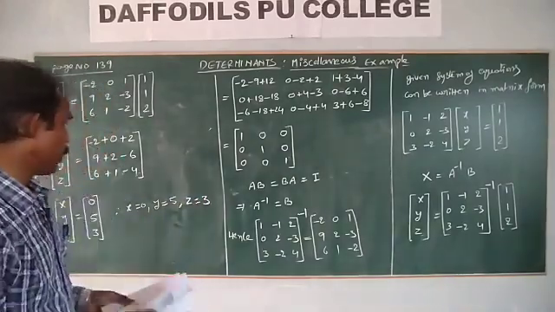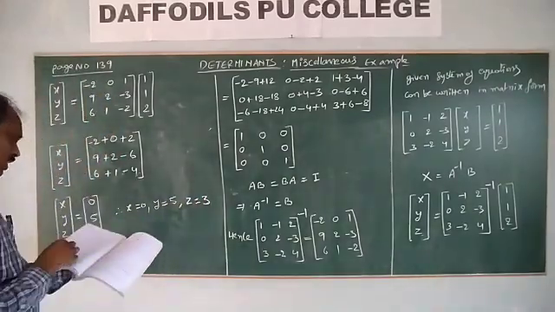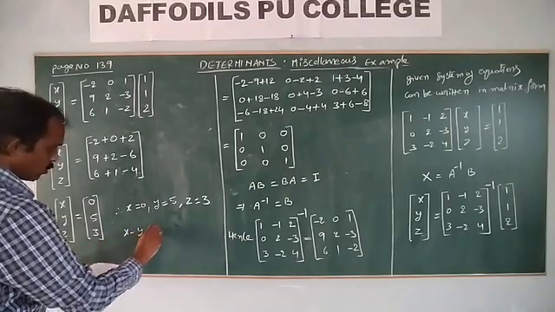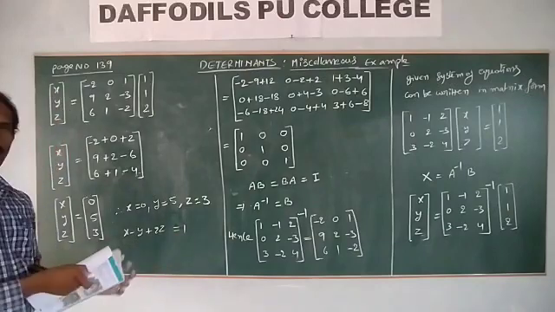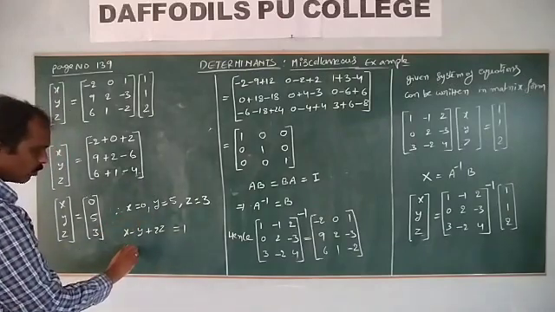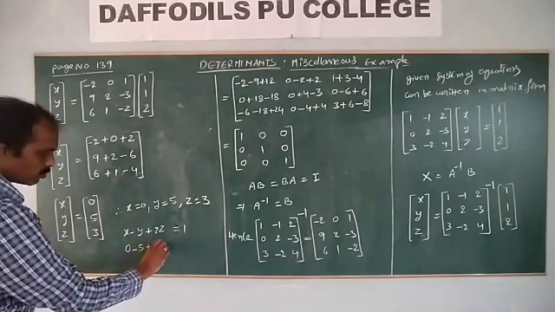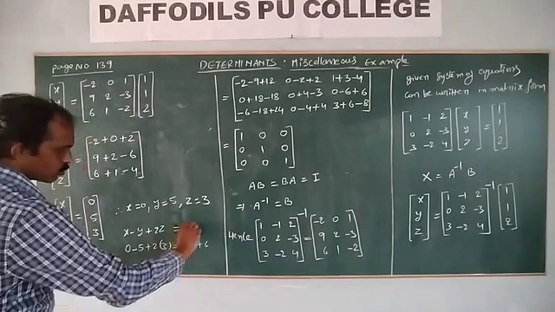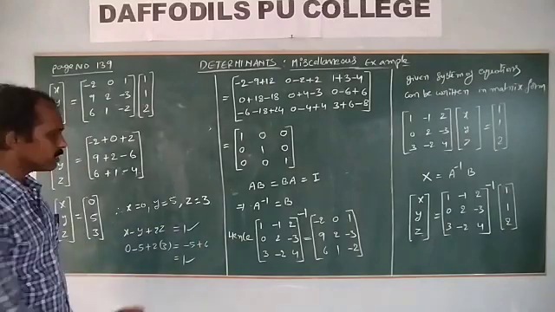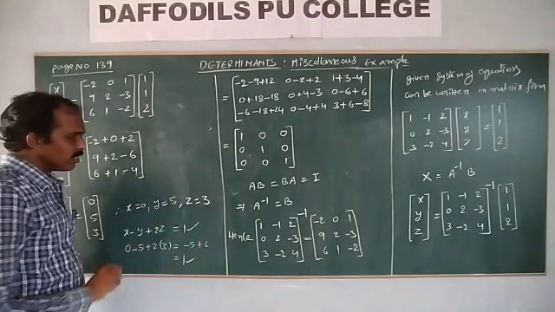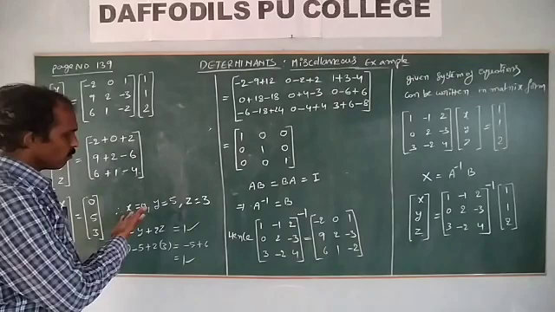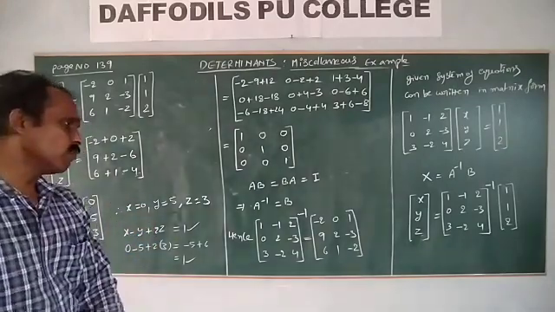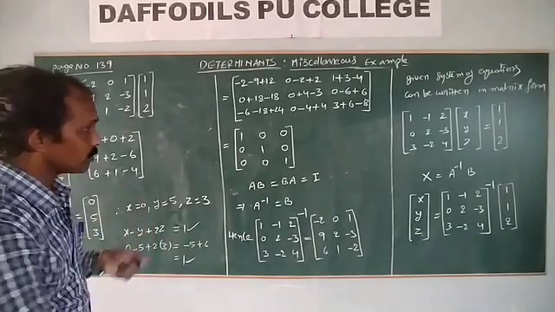In the given equation, substitute these values and check whether they satisfy or not. Once you check, take the equation with 2z equal to 1: 0 minus 5 plus 2 into 3. This is equal to minus 5 plus 6, 1. So this RHS value is the same, so it satisfies the given equation. Substitute these values, they are equal. Therefore our answer is correct.